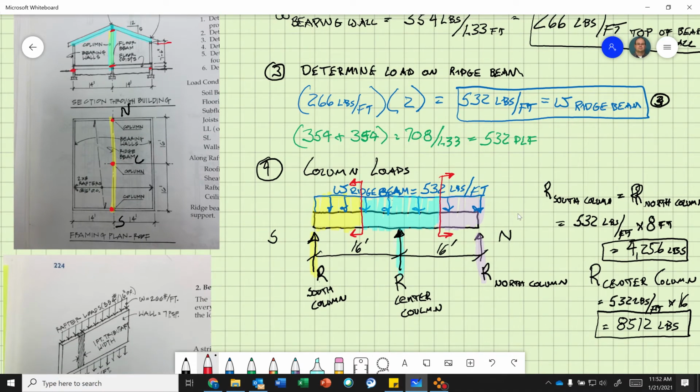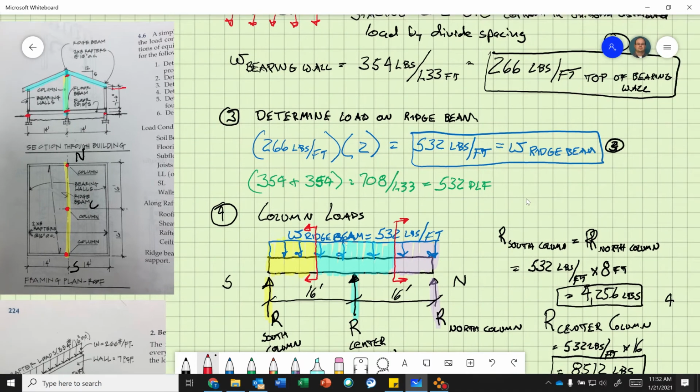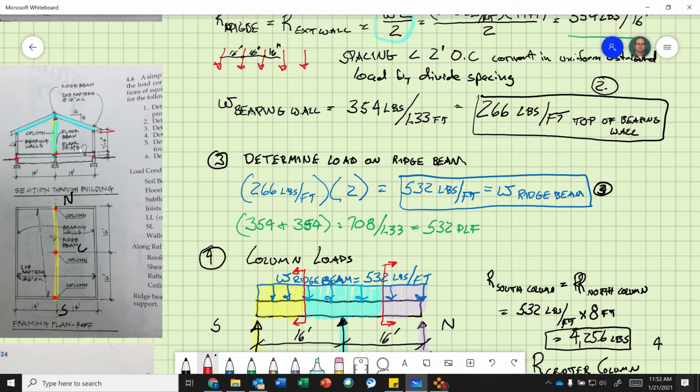So, load on top of the wall. This is why you need a bearing wall. And it's symmetrical, so the load on top of the wall is the same as the load on top of the walls here. Because these walls are symmetrical, the load will be the same on this one versus that one. So where did we leave off on this side? We left off at the load per foot on top of the bearing wall, which is 266 pounds per foot. Okay, so let's go to